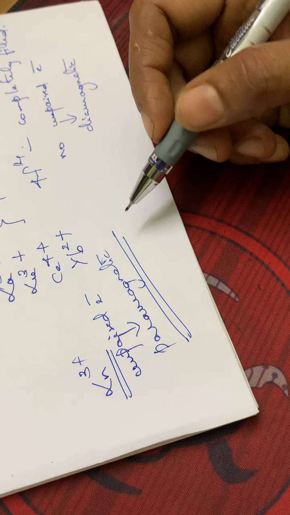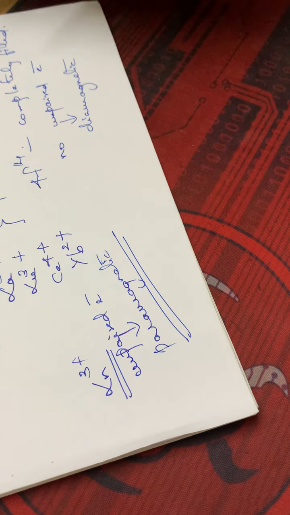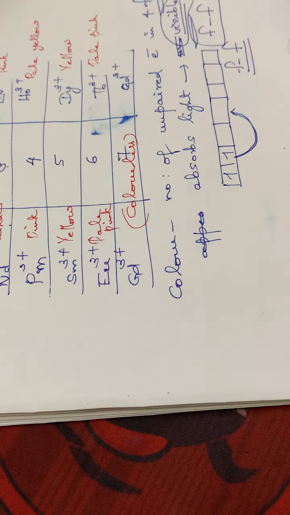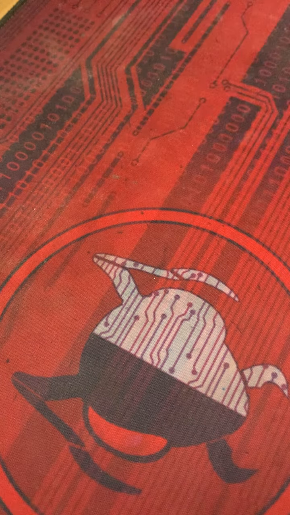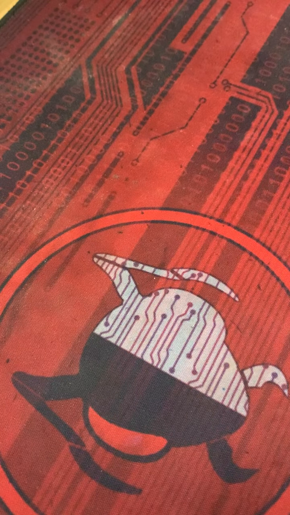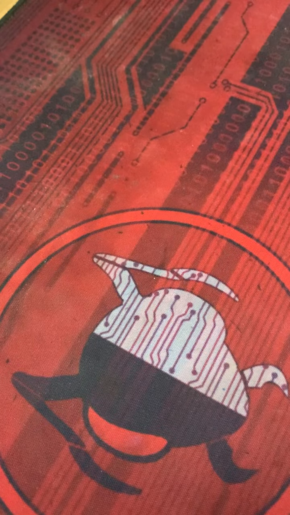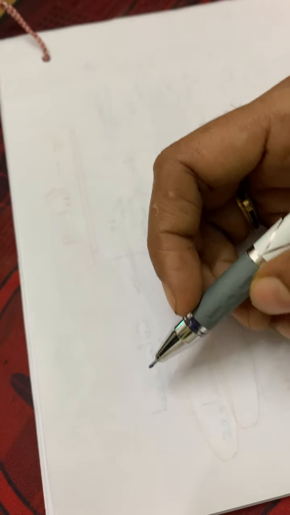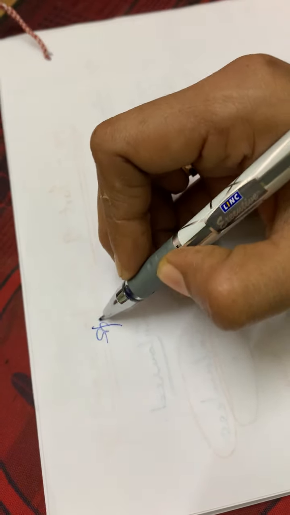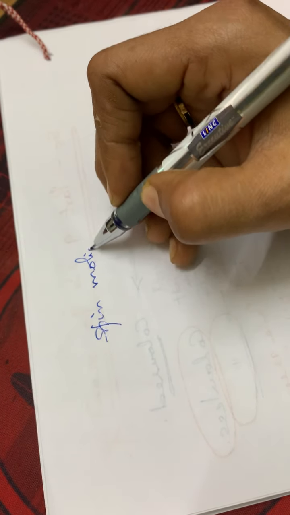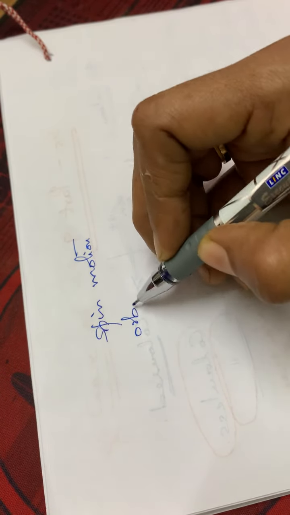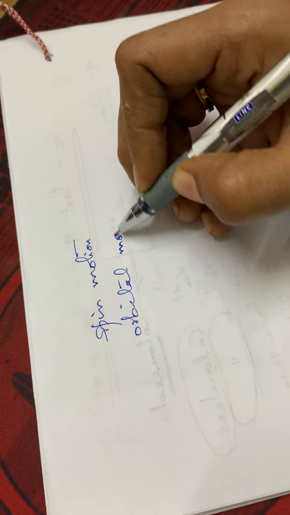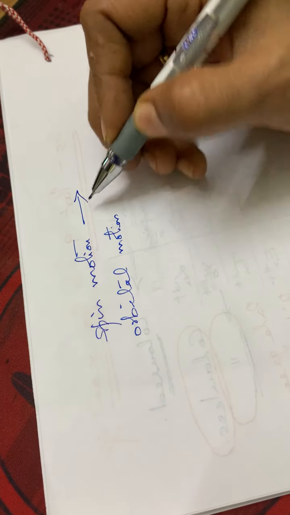We have seen this in detail in the case of transition elements, isn't it? And in this case, the magnetic properties will vary slightly from those of the transition elements. In the case of transition elements, we have seen that usually an element shows magnetic properties when two types of motions are there, that means the spin motion as well as the orbital motion.